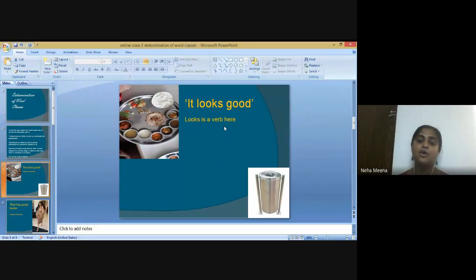Okay, therefore we are talking about the classes that these particular words belong to, what kind of classes they are coming from. As I've given you the example of the restaurant owner, if a person is trying to fix the menu, or trying to decide what kind of dustbins he should use. This particular slide is created to help you understand and memorize how a particular word can be used in different contexts.